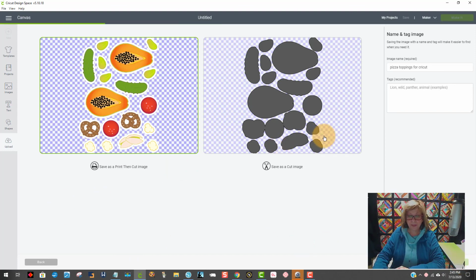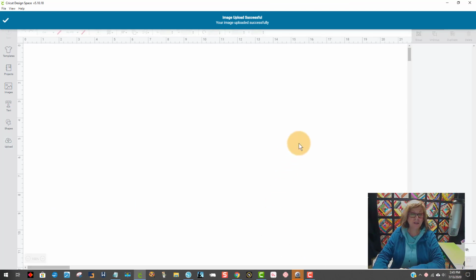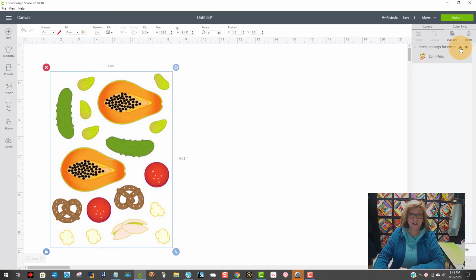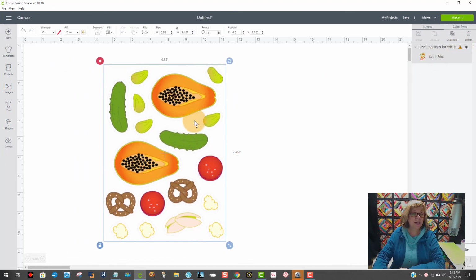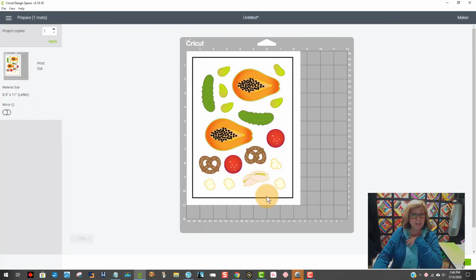You're saving these as a print then cut. So I would just open them, insert the image. And it might come in at the wrong size. See, it says it's too big. But we know we saved it at a good size for Cricut. So I'm going to change this back to 9.25, with the lock locked, and just hit enter. And so now this will work. I can say make it, and it's going to print these and cut them beautifully for my classroom, my grandkids, my students, little kids who like to play school,